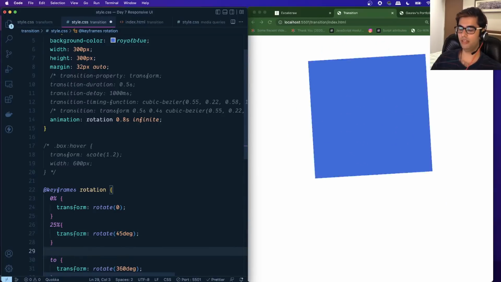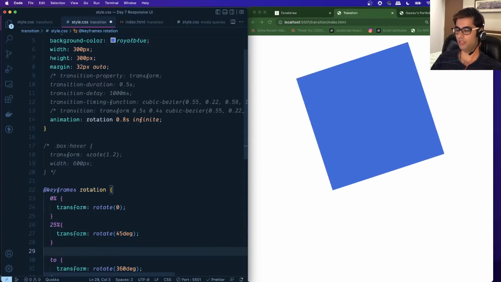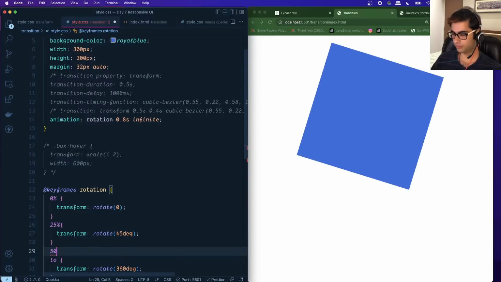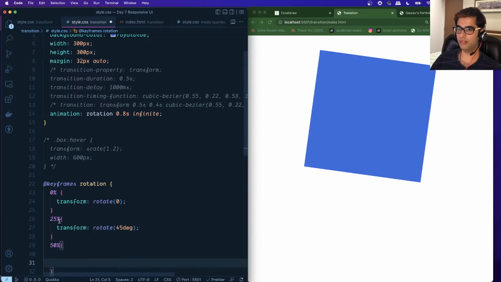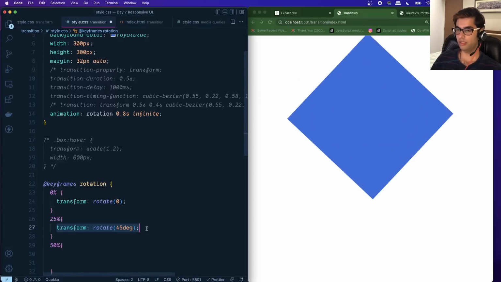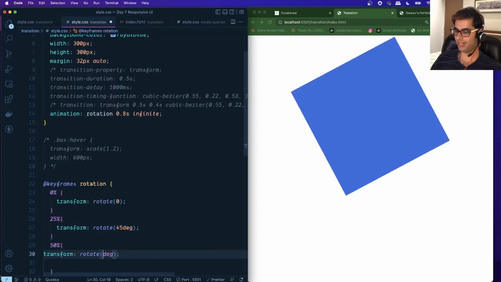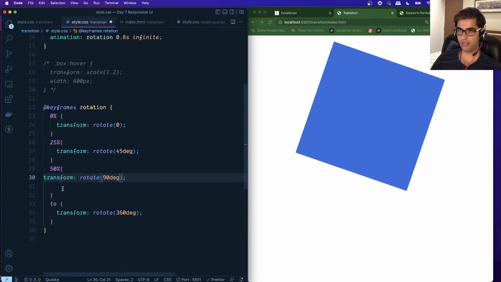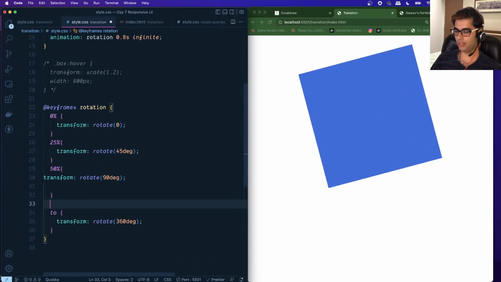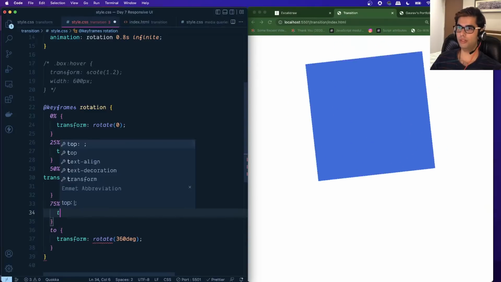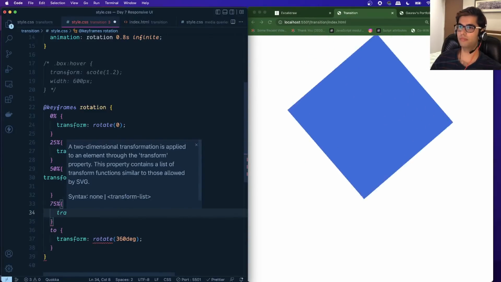Similarly, when it has reached 50% completion, we wanted to rotate by 90 degrees. And similarly, when it is at 75%, we wanted to transform